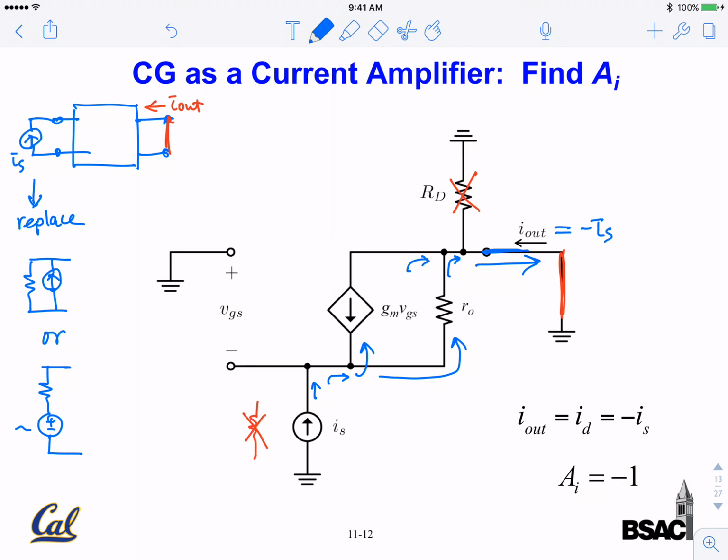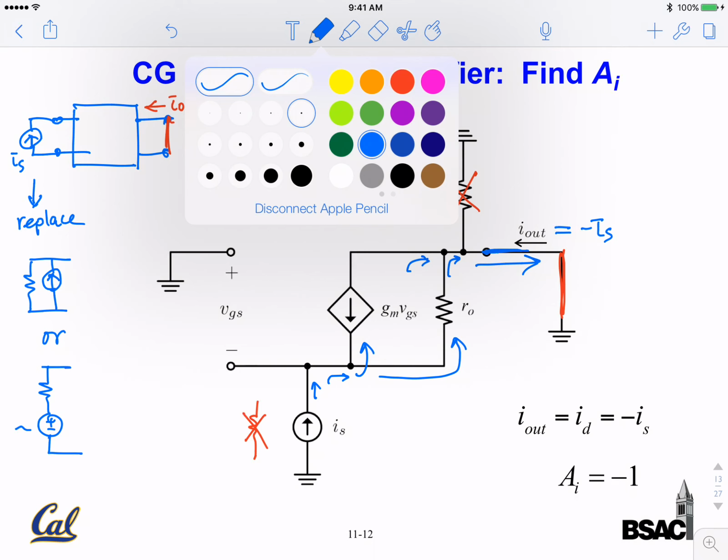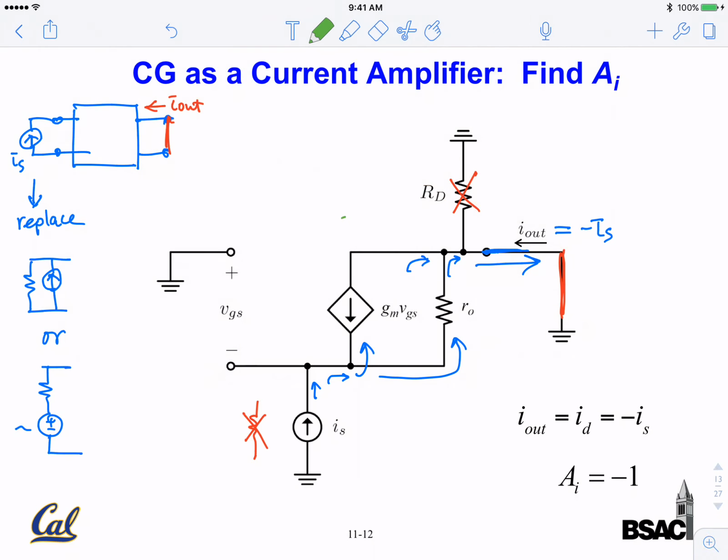Okay, you can think of it as doing a KCL, generalized KCL. You can say I draw a box. All the current going into the box has to be equal to all the current going out of the box. So that's the same definition as KCL. KCL says all the current flowing into a node